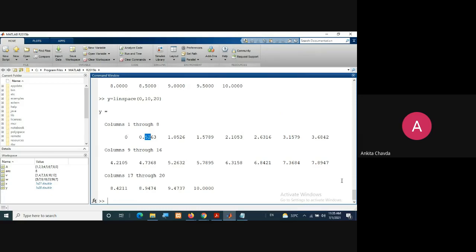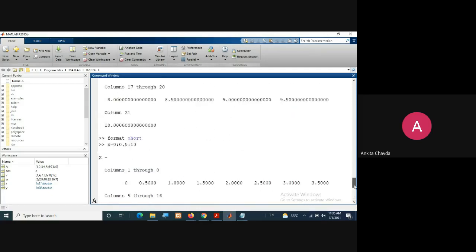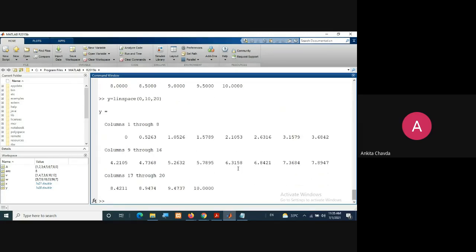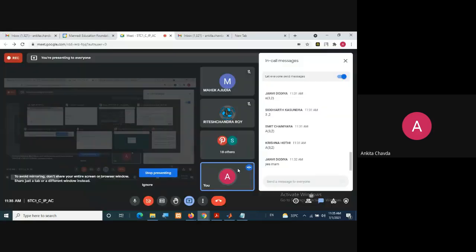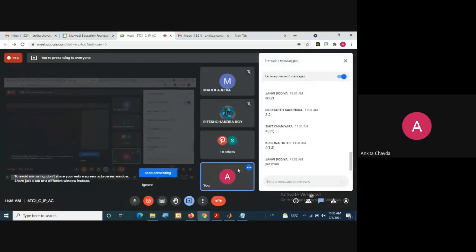Fine. So here you can imagine your increment point 0.52. Okay. Are you getting? Hopefully, yes. Yes. Okay. Good.